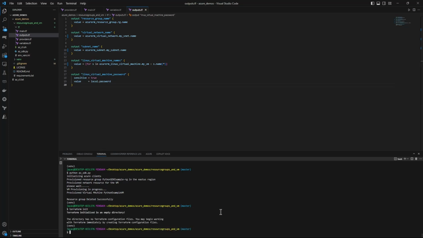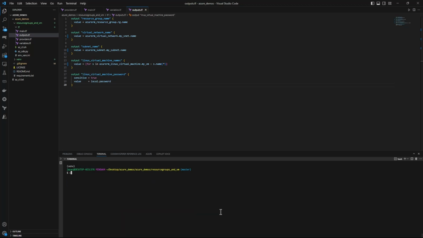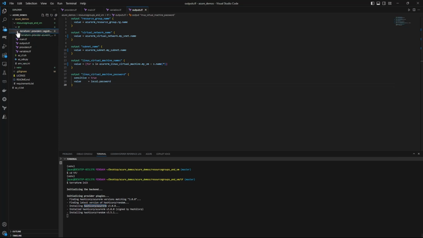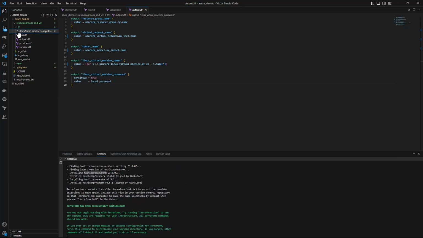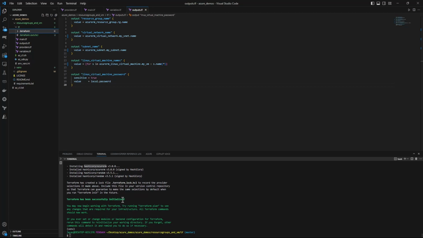okay, I'm not inside the Terraform directory. Let's cd tf, so that is where our Terraform code is residing. Let's go there and run Terraform init. This will download the Terraform AzureRM provider, and it will create a .terraform directory here. So yeah, the .terraform directory is created, right? Our initialization is successful,